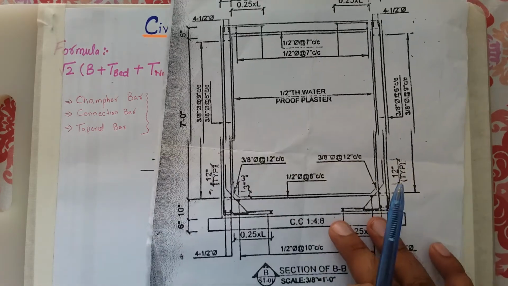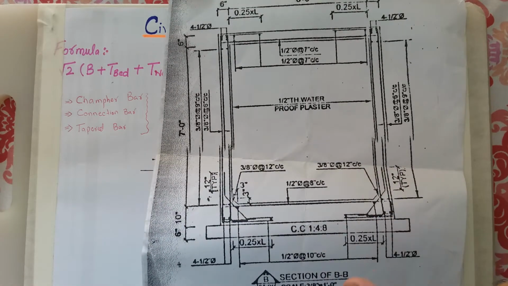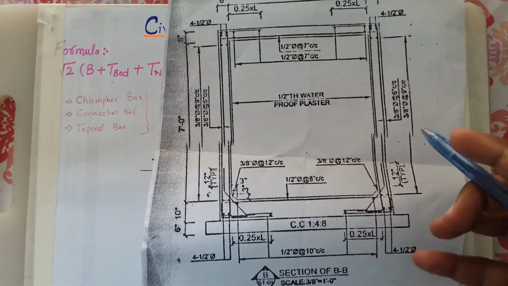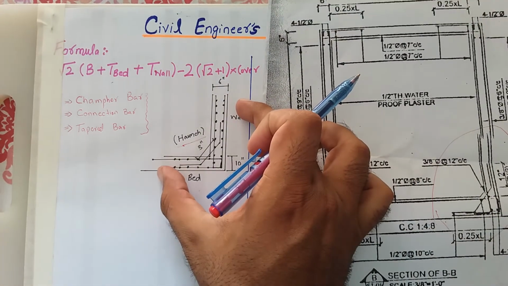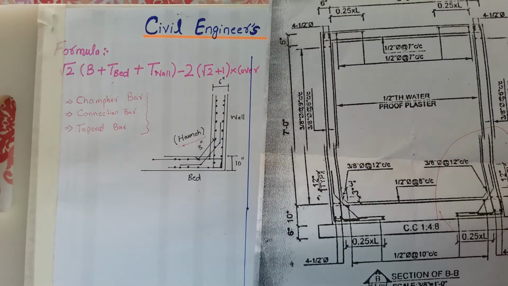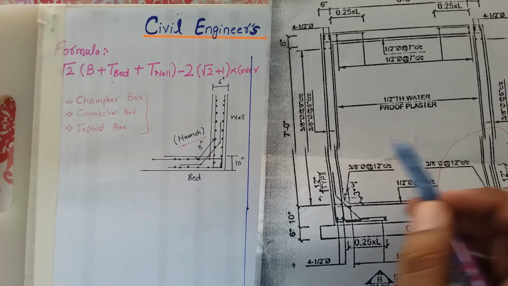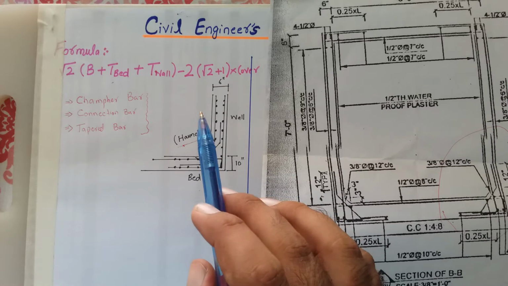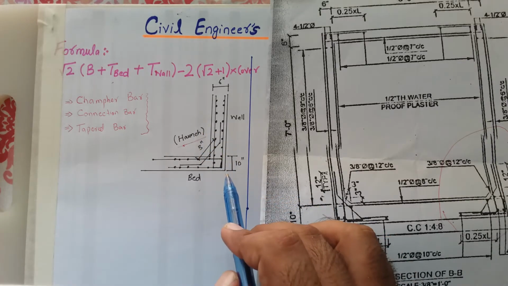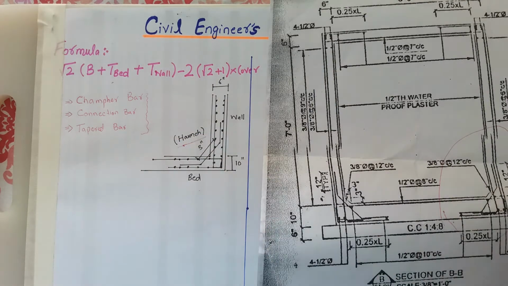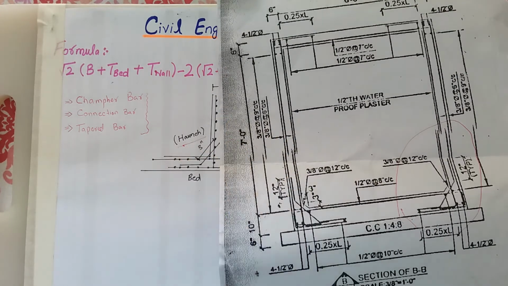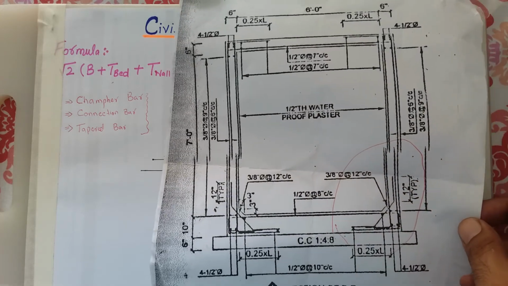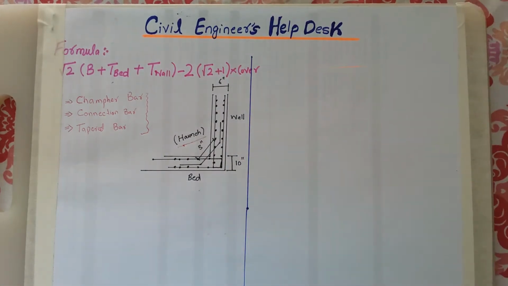So viewers, please watch very carefully, because I have drawn this section. I have taken this section of the underground water tank here. This is the same cross section. I have only drawn this portion of the water tank on my page, and I will calculate the length of the haunch bar on this page. So I showed you the basics of where I have taken the cross section. Hope you understand this cross section. So I am removing this page. Now to the topic.